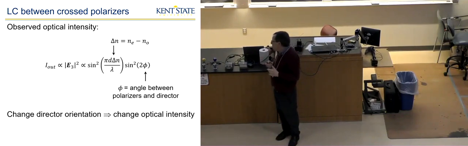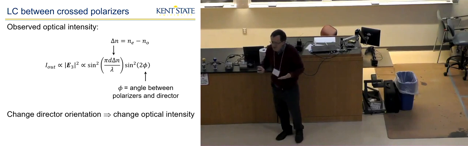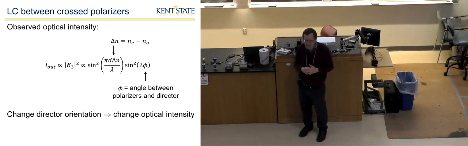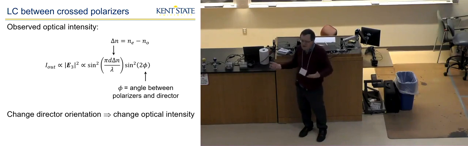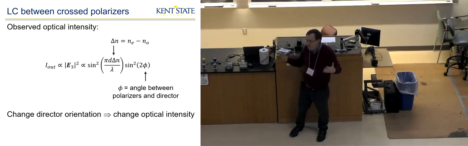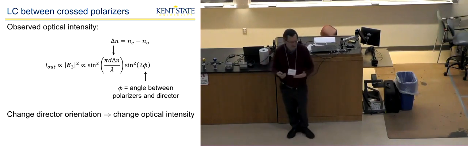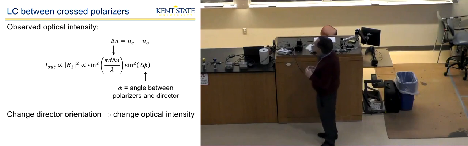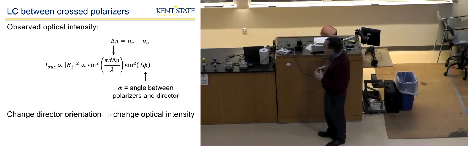So that's the basics of how the first liquid crystal displays were built for calculators, for digital watches, things like that. And then there are more complex refinements of that for modern LCD TVs. But they're all based on this concept of